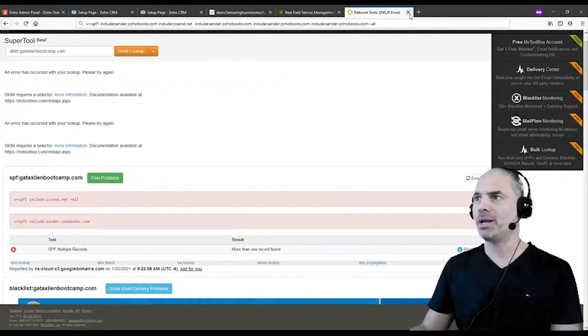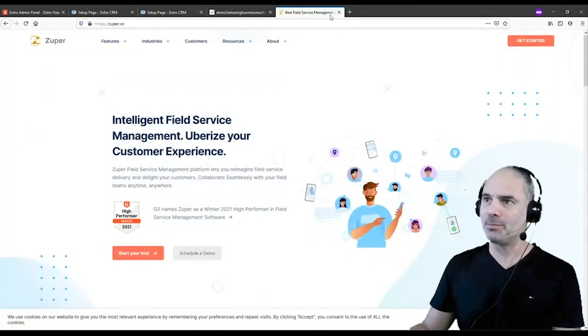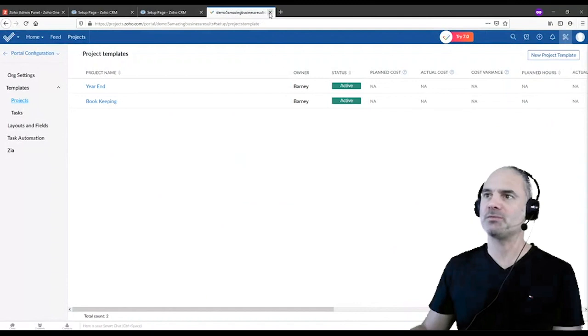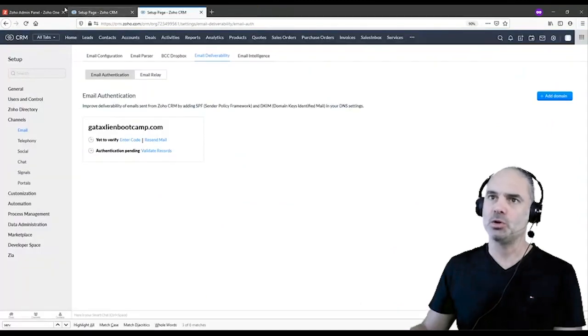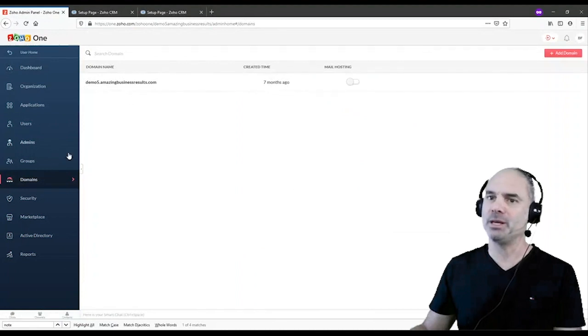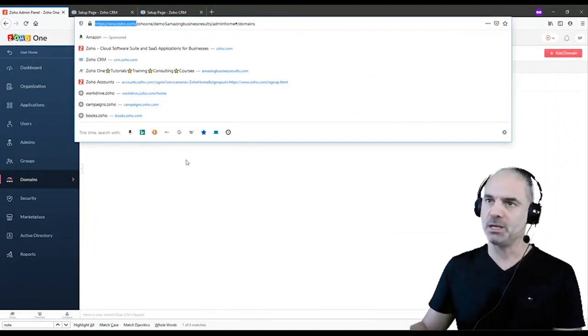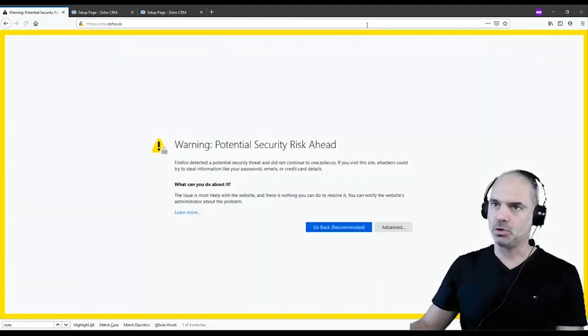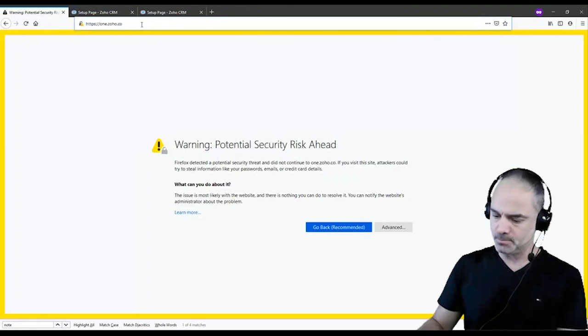Okay. So now everybody should take note of what I'm going to show here, because this is very important. First of all, the place where you need to configure your domain will be here. So when you go to Zoho One, let me just do it slowly so people can catch up. Zoho.com.